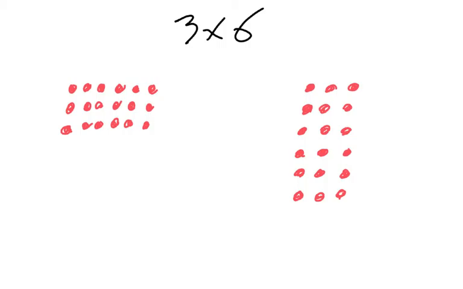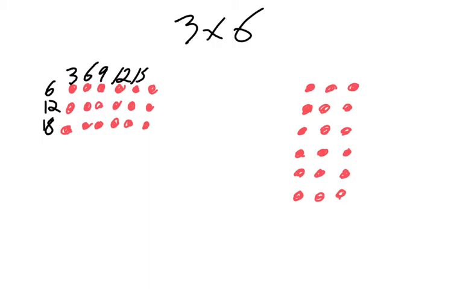I'm going to do one last one. Let's do 3 groups of 6. Again, here you have in the model on the left, you have 6 columns and 3 rows. And in the model on the right, you have 3 columns and 6 rows. You may count them 6, 12, 18, or 3, 6,